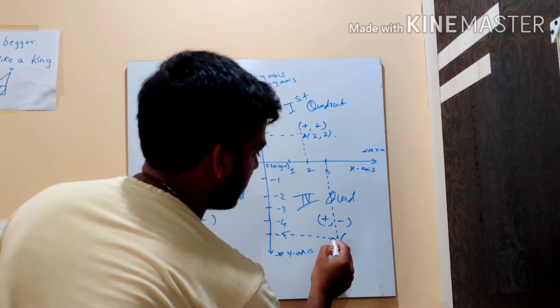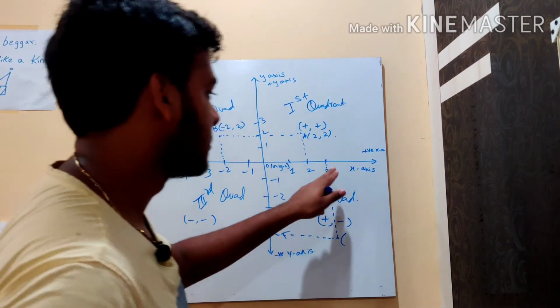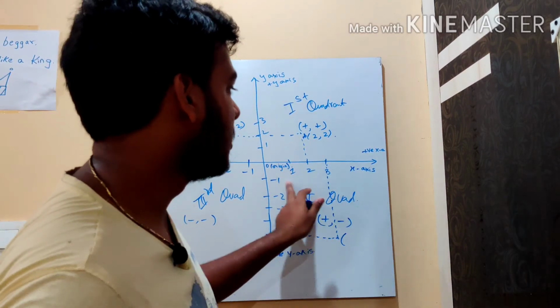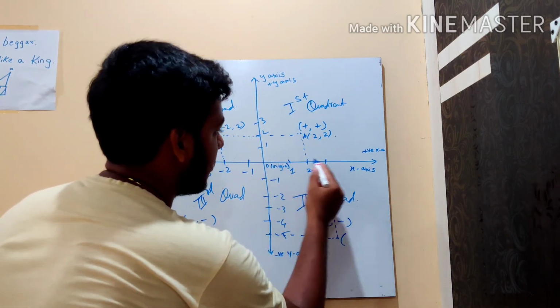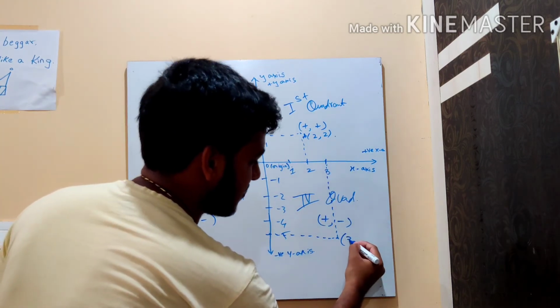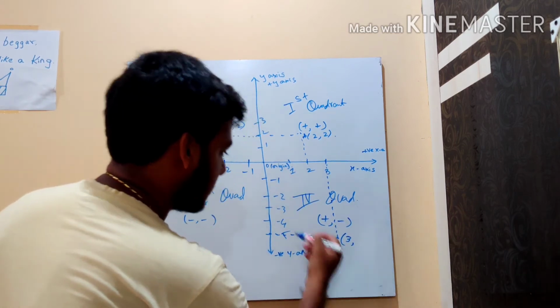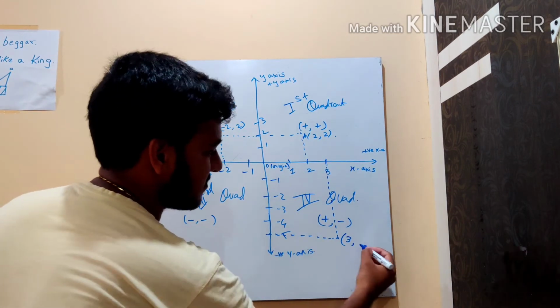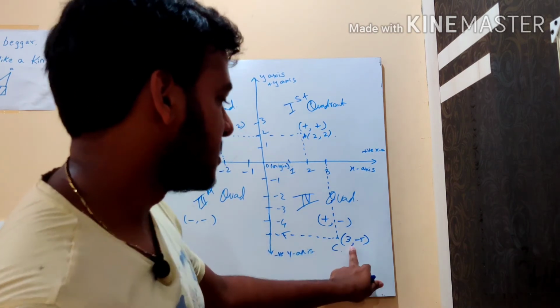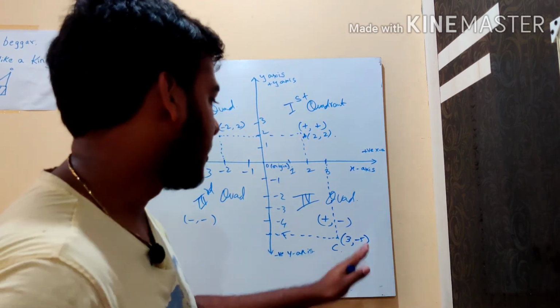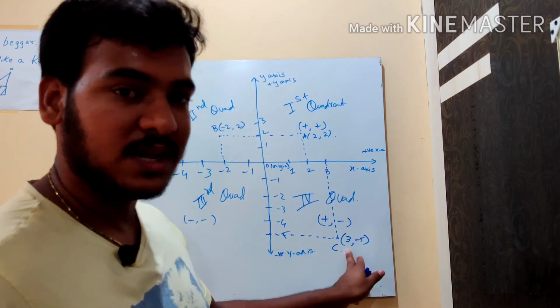I have to take first the coordinate, the unit which is on x. The unit on x is 3, so 3, and next comes y. Y is minus 5. So this is my point C, which is (3, -5),